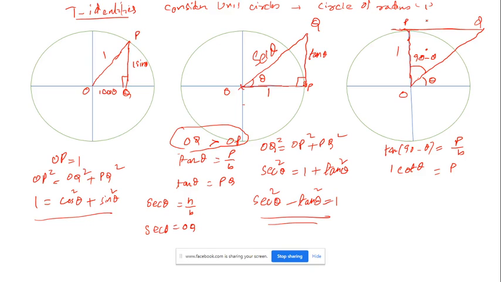Now we got a cot theta. So we have a base and I need the hypotenuse. Same thing, hypotenuse by base is equal to secant of 90 minus theta. Here it is 90 minus theta because I am taking the vertical one. So it becomes cosec theta, with the base equal to 1. The hypotenuse is OQ, so this part has become cosec theta. Now as usual, what is the hypotenuse square? OQ square is equal to OP square plus PQ square. When you apply this, I'll be getting